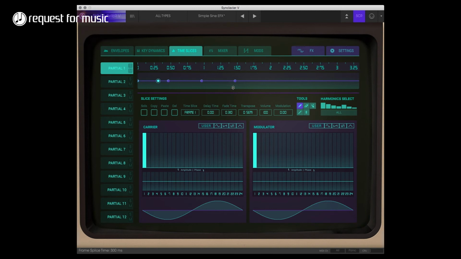And I need some fade time on this now. And now you can tell that there's, yeah, sort of an envelope going on from this part to this part. Yeah, so if I give this a bit more,